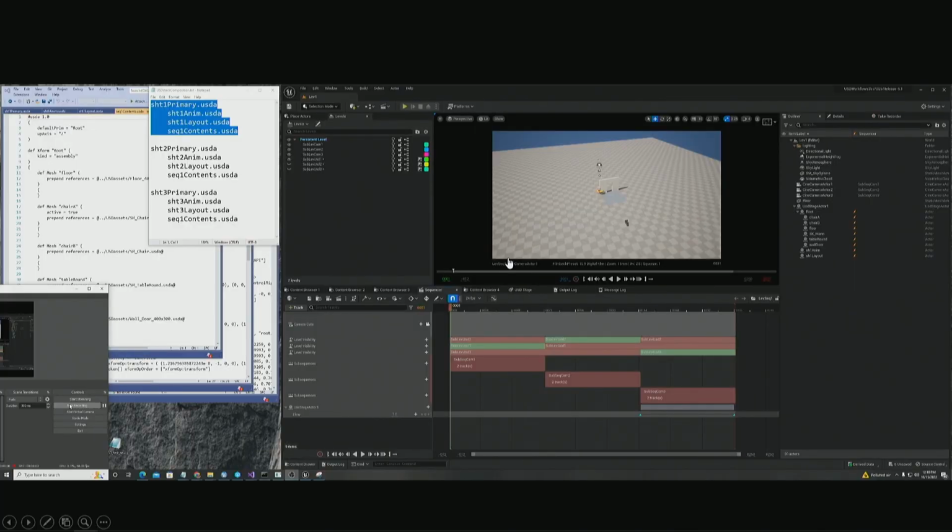So then the last thing that we'll take a look at here, this is really proof of concept type of stuff. What we're looking at here is a very specific USD setup, where you've got multiple shots. Each shot is pulling in the same contents file, and then there's a couple of layers. So you have an anim layer and a layout layer.